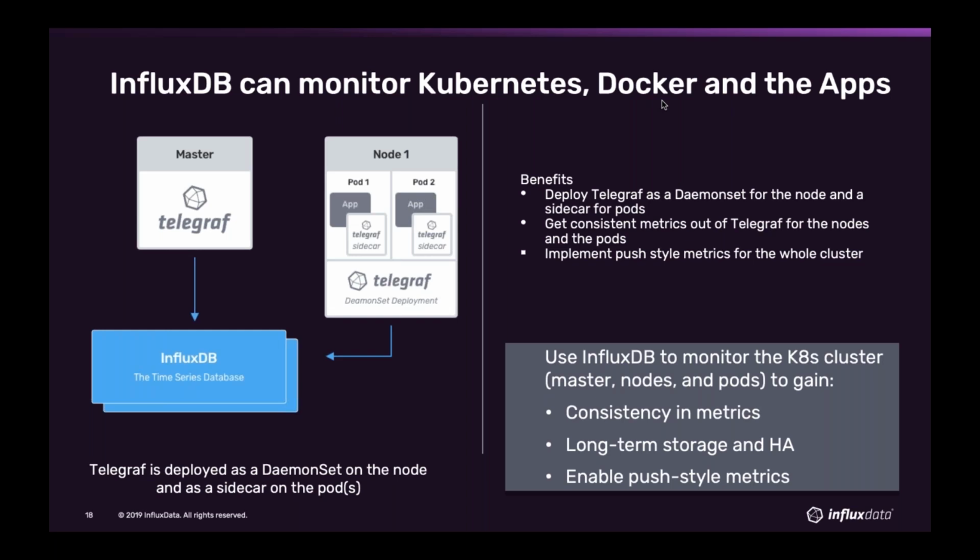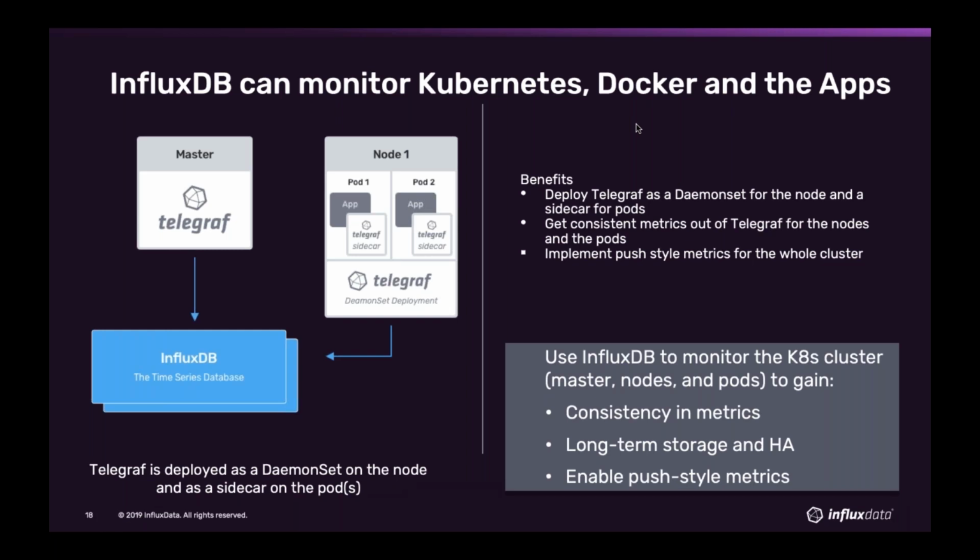One thing that's good about Telegraf is it does push and pull. So in this case, we can implement push-style metrics for the whole cluster as well, and it all comes into InfluxDB, and that helps you gain consistency in metrics. You've got the long-term storage and high availability option here. And as we said, it enables push style metrics that you're not getting natively with